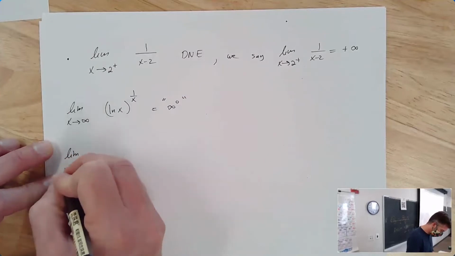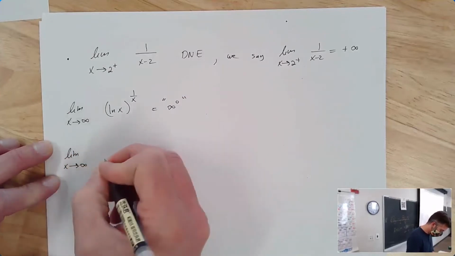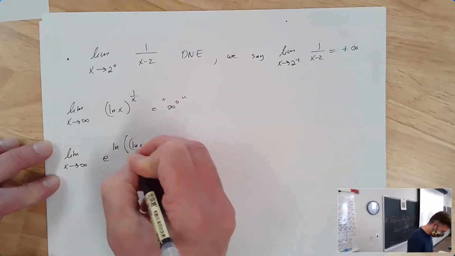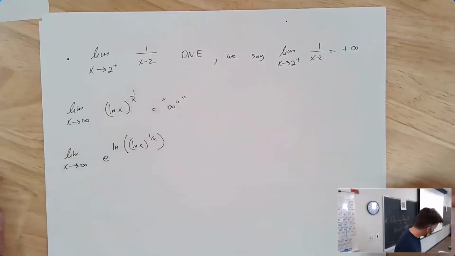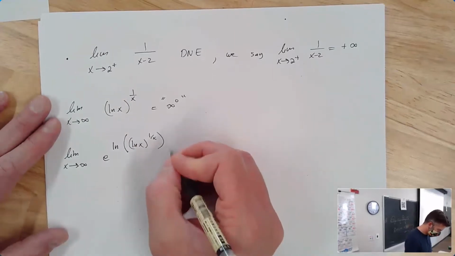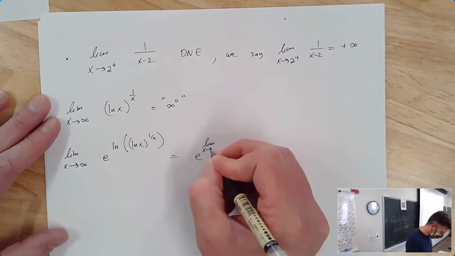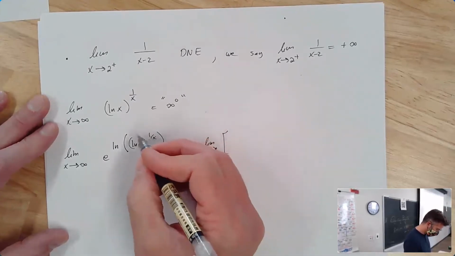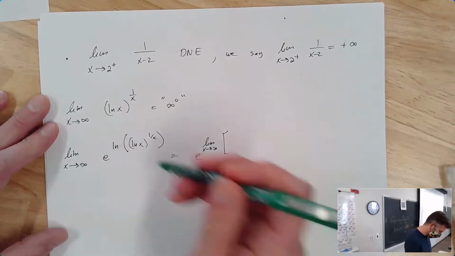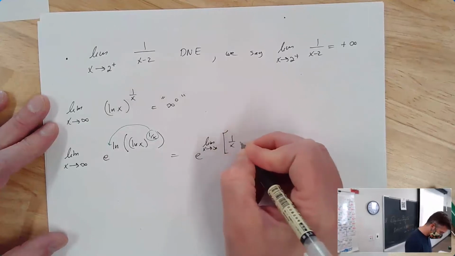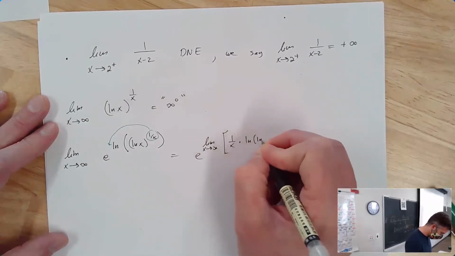So this will be the limit as x goes to infinity of e to the natural log of x to the 1 over x. All right, let's bring the 1 over x down in front. So it's going to be e to the limit as x goes to infinity of that 1 over x, which is the power on this, so it's coming down in front of the outer natural log there. So 1 over x times the natural log of x,